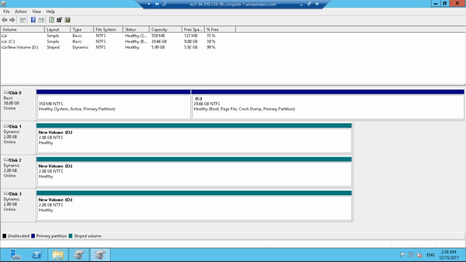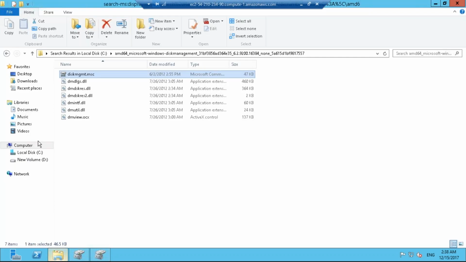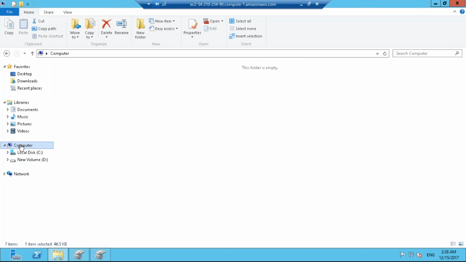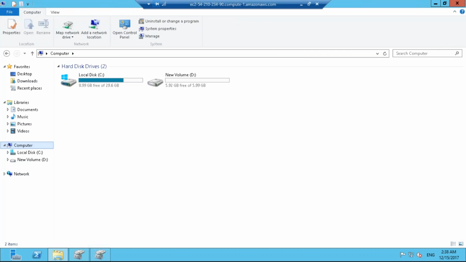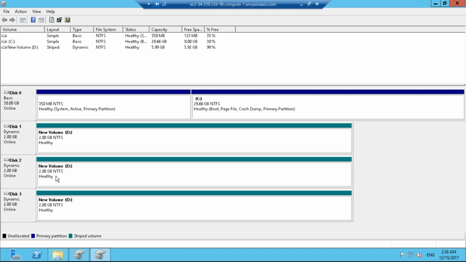So there we go. It has now created the volume into one with the D drive, which has got a size of 6 GB. If I go back to File Explorer and look for it from the My Computer perspective, you will be able to see that there are only two volumes. One is the C drive and the D drive, and the D drive is basically 6 GB in size. However, in real time, if you check in the disk management, it shows that it is actually a combination of 3 different volumes. So this is how I'll be able to create my RAID volumes, and then I'll be able to use it across.